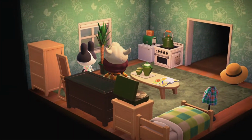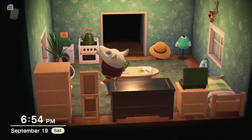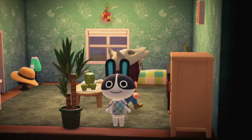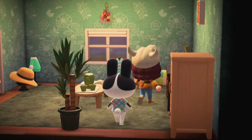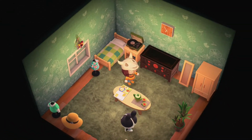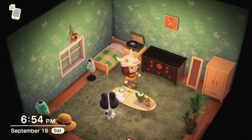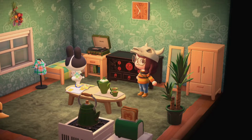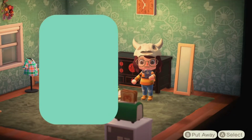Aw, I just love her. I think she's really cute, and I think that she's someone that I will never replace. I would still like to have Bangle one day, because I still feel her in my heart, I still feel that regret, but if I would get Bangle, I would keep Dottie as well and just have two Peppy villagers. Because if we check my villager list,